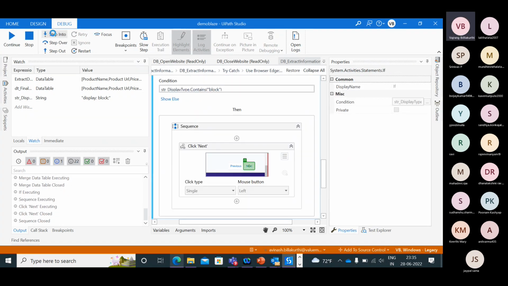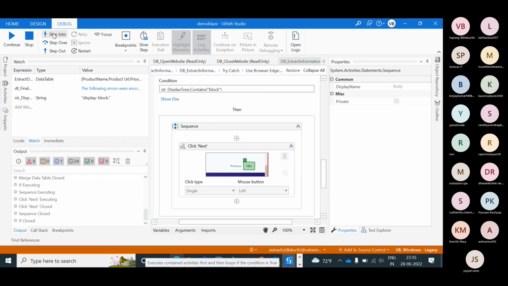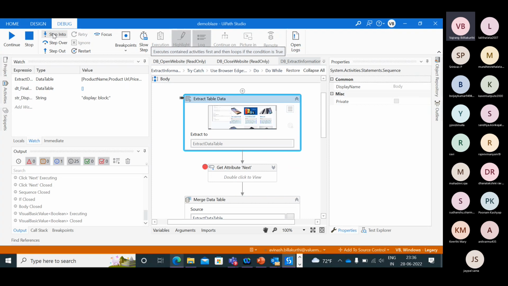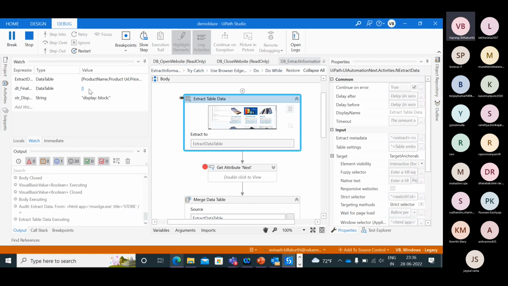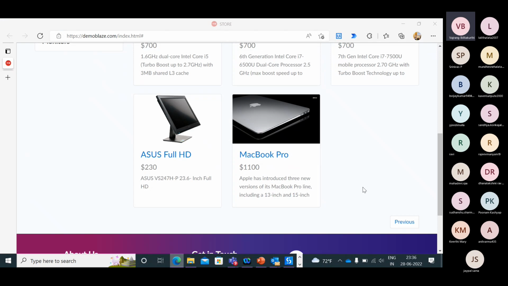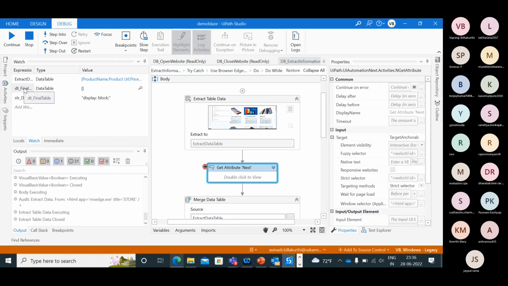Okay. Now we are going back and then extracting the information again. Extracting the information. So final table, what did it become? Empty. So should this become empty every time it hits the next button, or should it contain information? Contain. Sorry. It must contain. So why is it not containing the information? Because it's overwriting it.